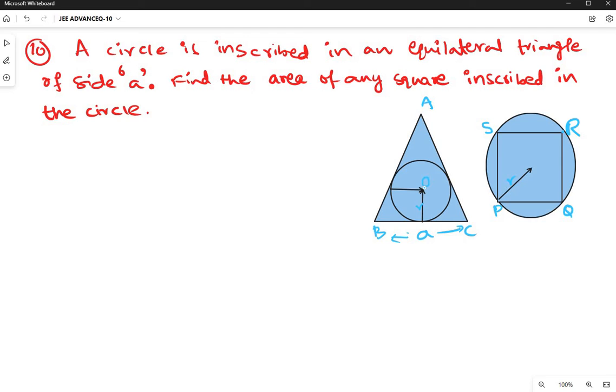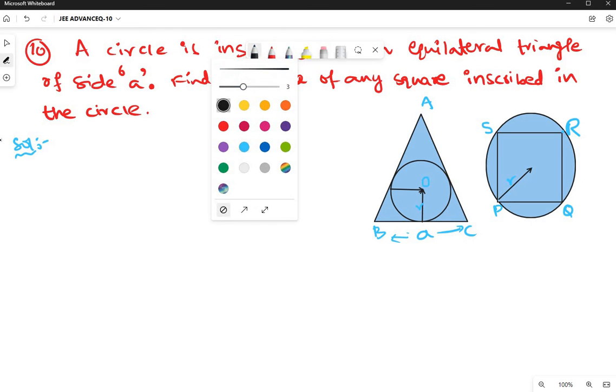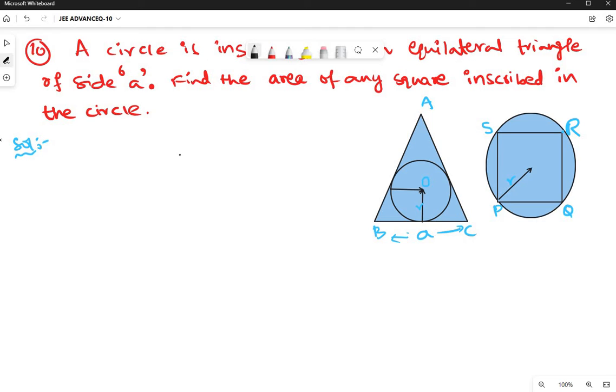Now, going to the solution from this explanation: if you take the circle, it is inscribed in the triangle. So what happens? This is an equilateral triangle, so if this side is a, this is also a, and here also a. Then the length of the side of the triangle is related to the radius, and that radius is equal to